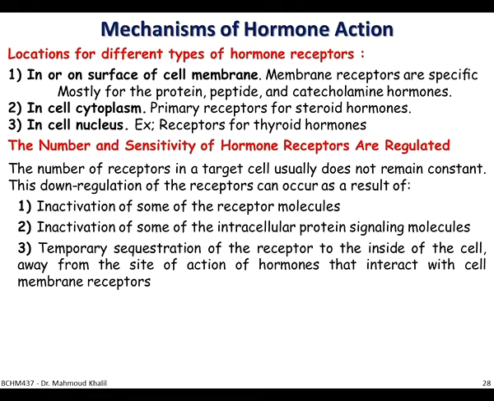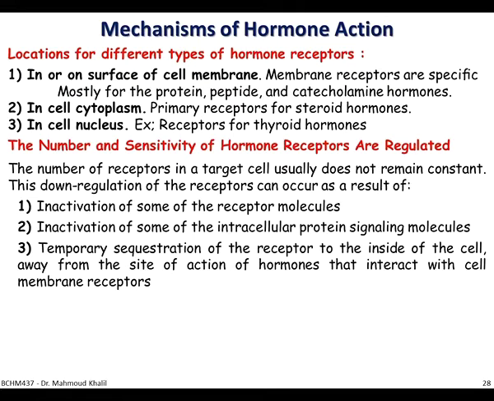Some cells do sequestration of this receptor. And what's the meaning of sequestration of this receptor? You can take the example of a receptor if it's exposed on the surface of the cell. Once there is a hormone, it will bind to that receptor. So one of the methods of the down-regulation of that receptor is to pull down this receptor from the surface and enclose it in a vesicle inside the cell.